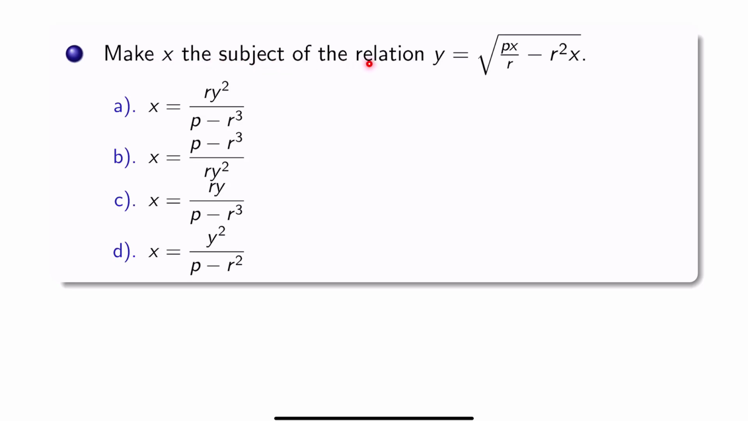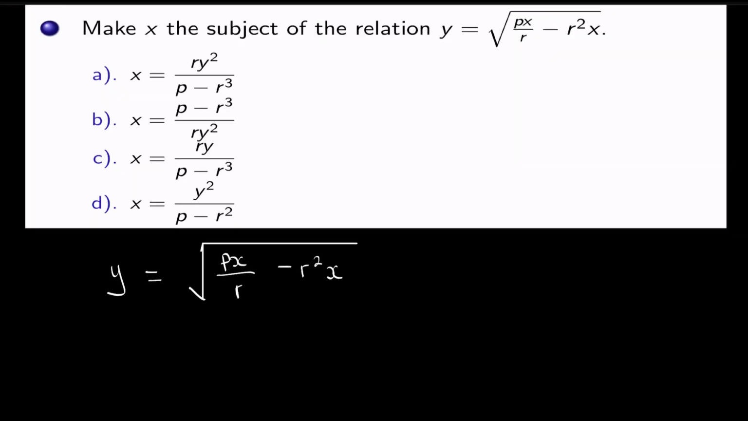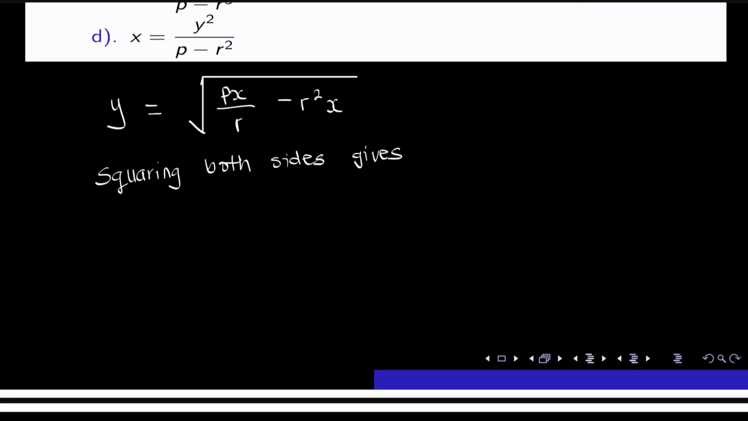Make x the subject of the relation y is equal to square root of px on r minus r squared times x. To make x the subject from this relation, our focus should be on the x variable, right? So we have to square both sides. Squaring both sides gives y squared is equal to square root of px on r minus r squared on x